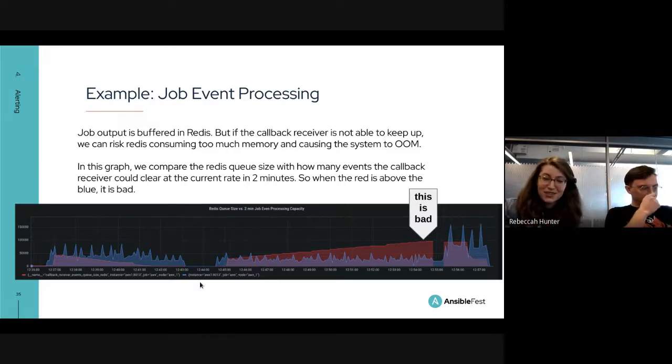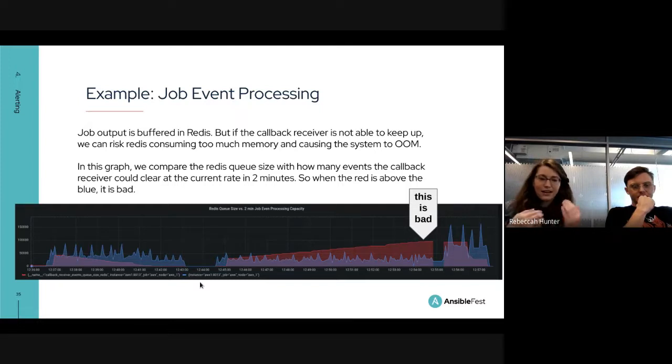And you can see, if you can't tell by my arrow, that this is bad. We think that this is something that we want to alert on. This is something we have an alert on our end. If the Redis queue gets too high, it fails, as mentioned. And we already have a little bit of a tolerance built into this of about 2 minutes, because if it's under that, then the callback receiver can probably burn down that 2 minutes of lag. But if not, we're going to be concerned.